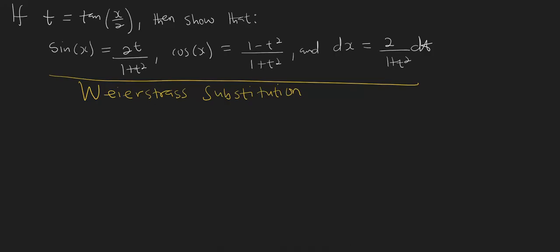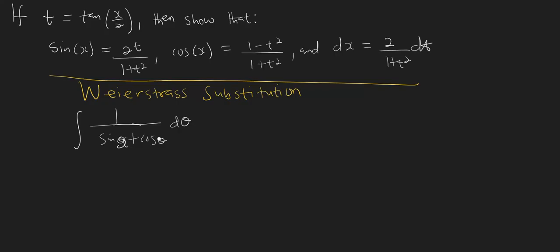This is very useful because it is normally used to turn a very complex trigonometric integral into an integral that can be integrated using partial fractions or polynomial long division. For instance, if you are given an integral like the integral of 1 over sine theta plus cosine theta d theta, it might become very difficult to integrate. But if you use a Weierstrass substitution, you are able to turn sine